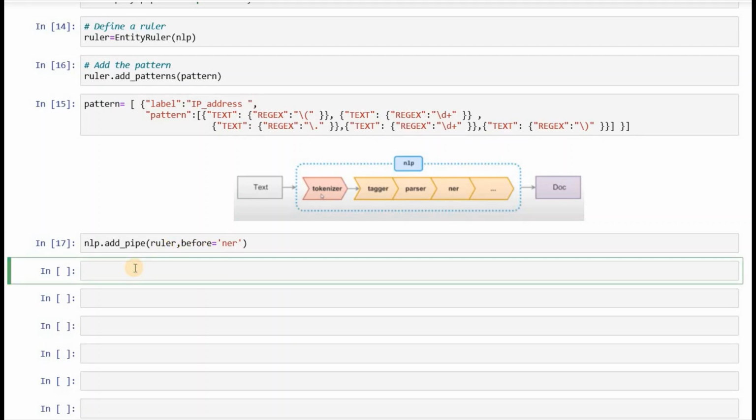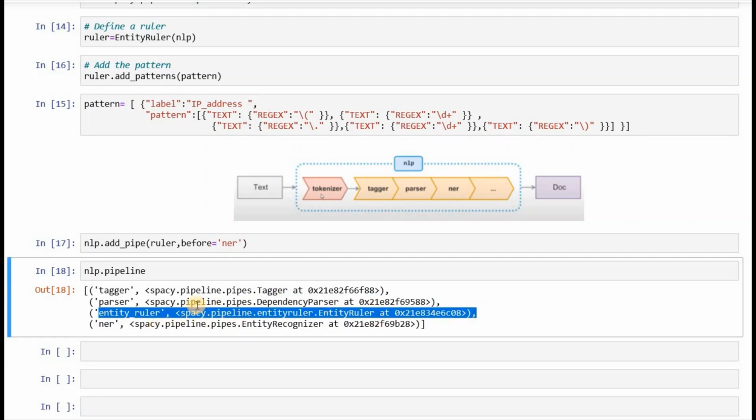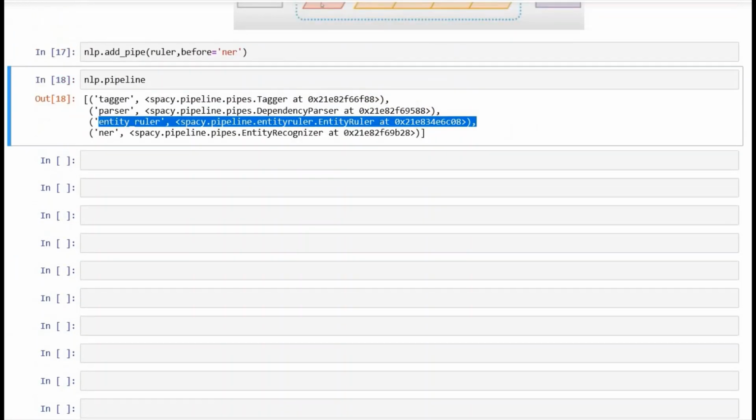To see whether we have added this successfully or not, we can run nlp.pipeline, and this would show all the components. See, this is the new entity ruler and it's added. So our pipeline is ready. Now before we implement it on this particular column, we have to see if it's working or not.